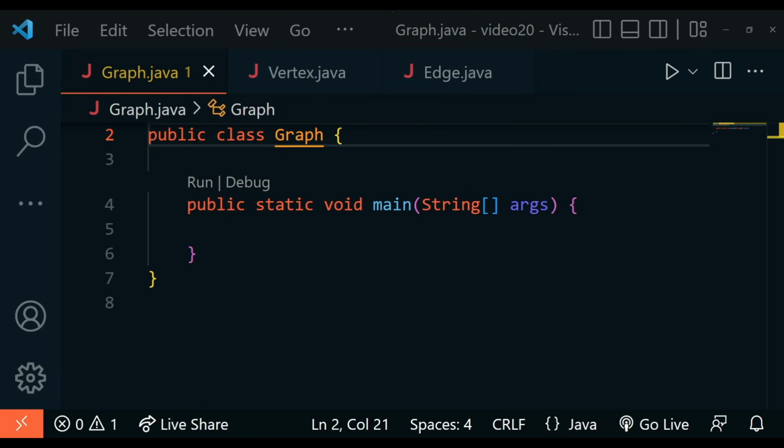Hey there everyone, this is Coding Cleverly, and today we're going to be talking about the graph data structure. We're going to talk about how it works, how it's constructed, and all the important stuff we need to know